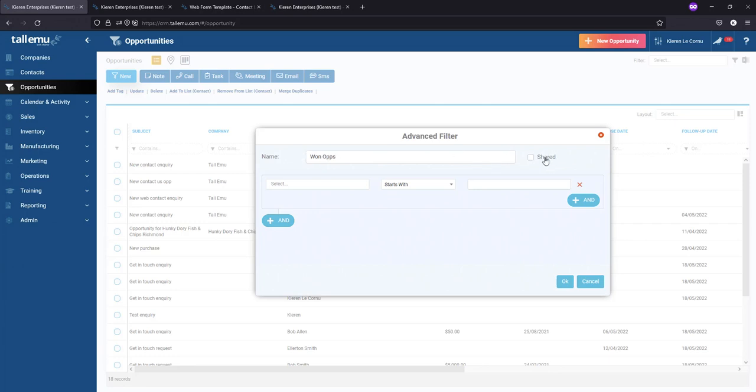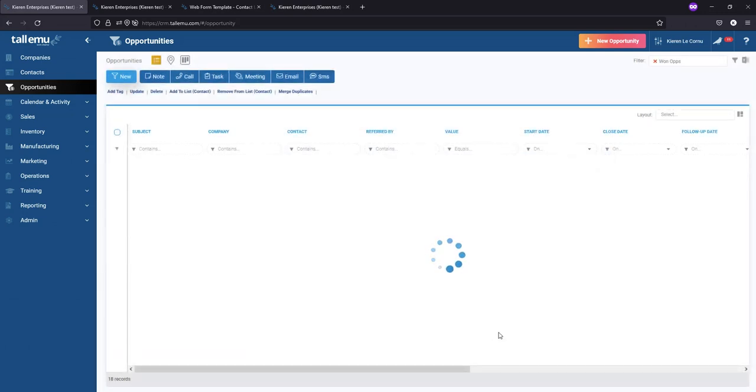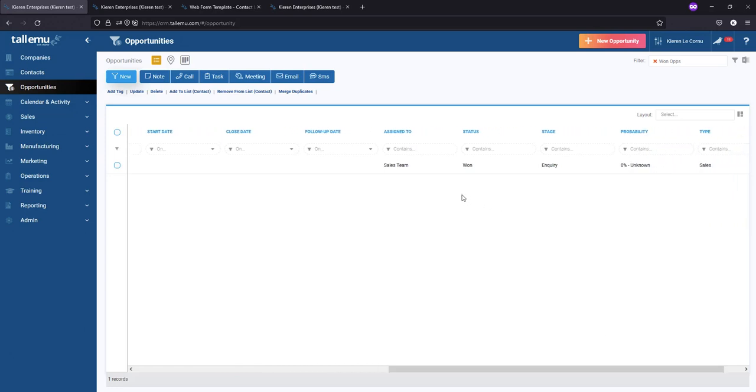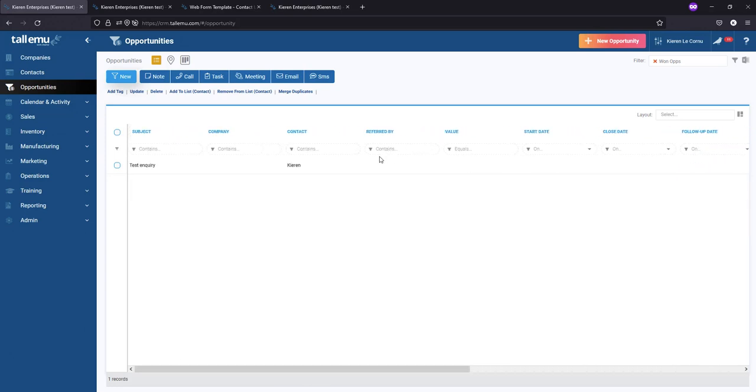With this filter, I can share it with my colleagues, or I can untick this box and leave it as is and basically have this as a private view only. But because it's likely everyone will want to look at won opportunities, I'm going to tick this shared box. So what I then want to do is look up the status of opportunities and make sure that they equal 1. So this is quickly going to give me a view of all the opportunities that have been won in the system. So I'm not doing too well at the moment and I only have one opportunity that meets that